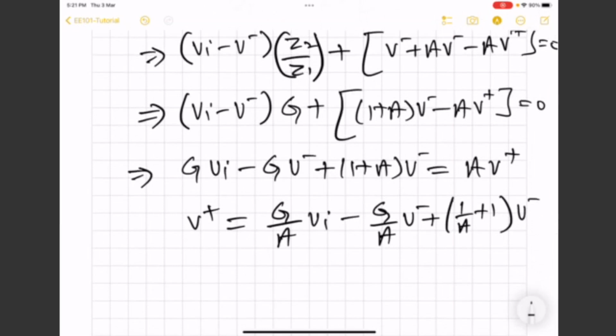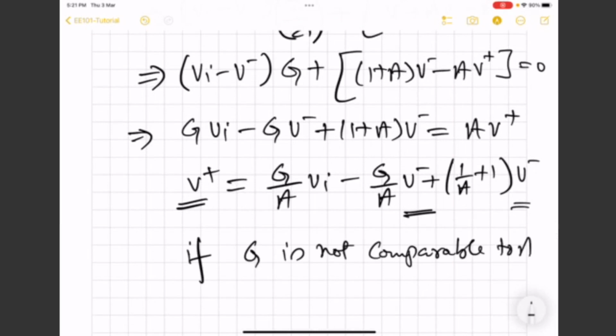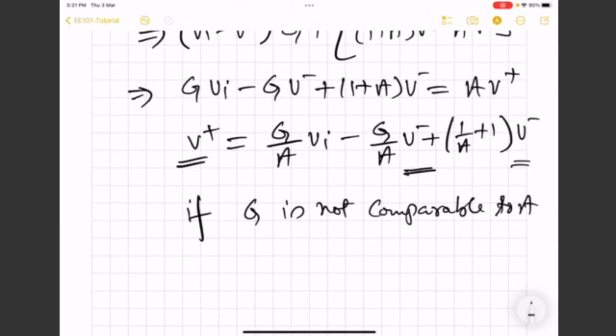So here we have a relation between V plus voltage and V minus voltage. So now if G is not comparable to A, the open loop gain, then what we have is, and of course Vi is not too